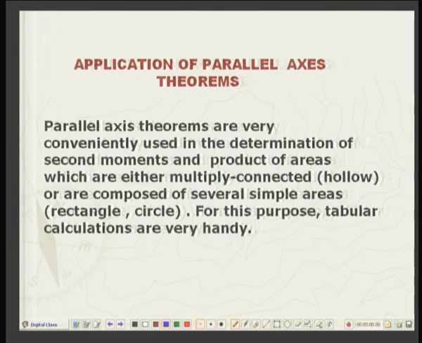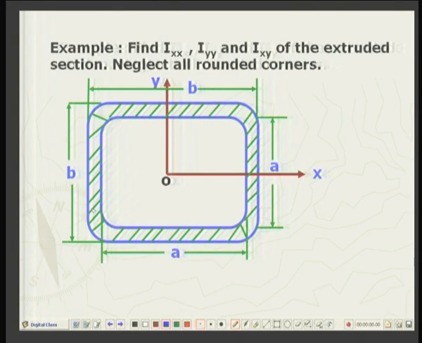Suppose the geometry of the area is quite complex and the integration will be very complicated, it will take a lot of time and sometimes you may have to resort to numerical integration. So, in such cases, if we can use the parallel axis theorem as I will be illustrating, then it will be very convenient. I take up an example to illustrate that. Suppose here is a kind of rectangular annulus, that is, this is the outer boundary and this is the inner boundary. So, the area of concern or in question is this shaded area.